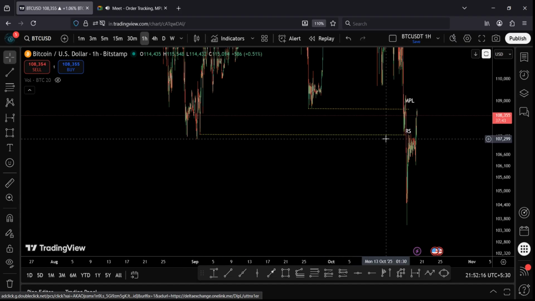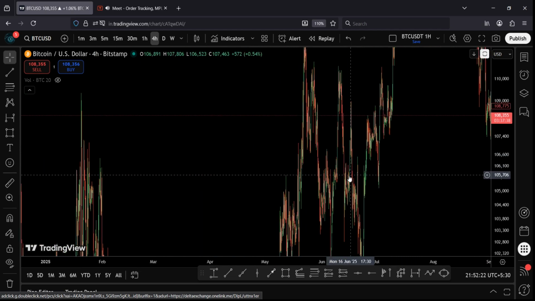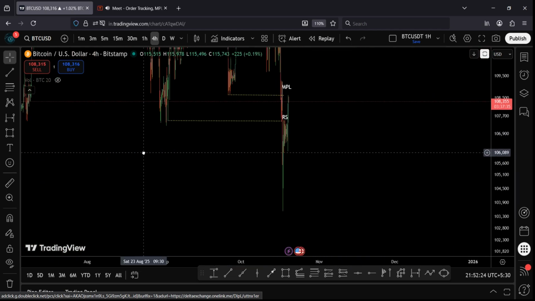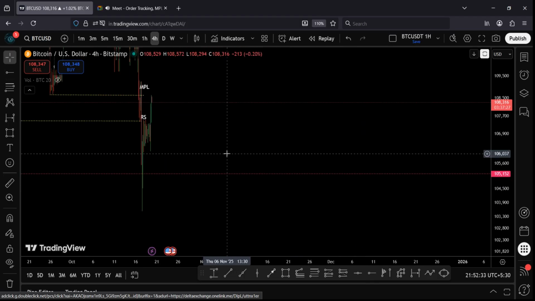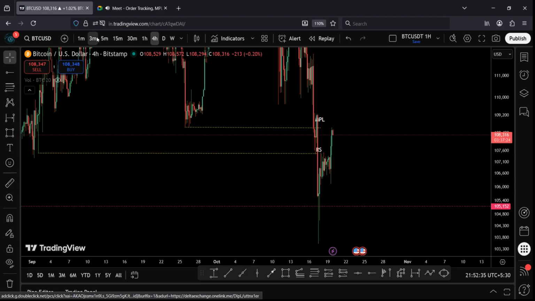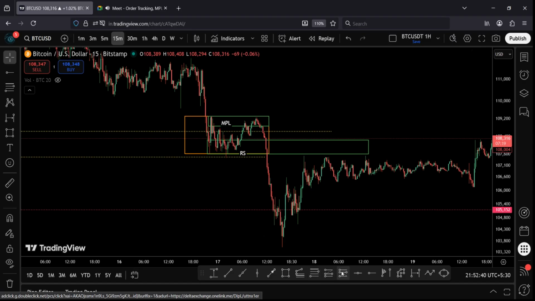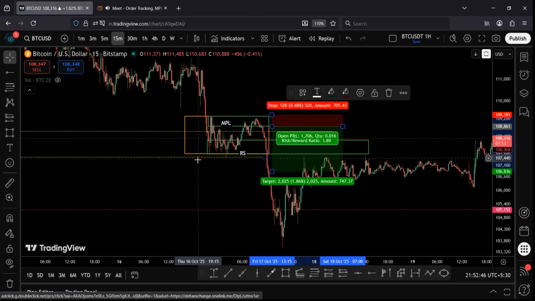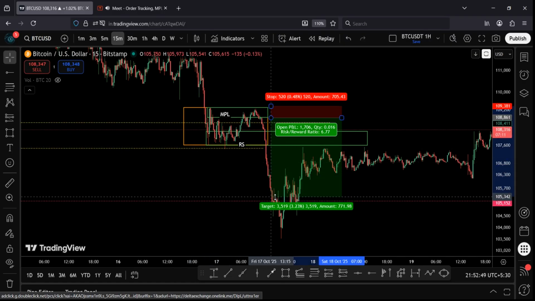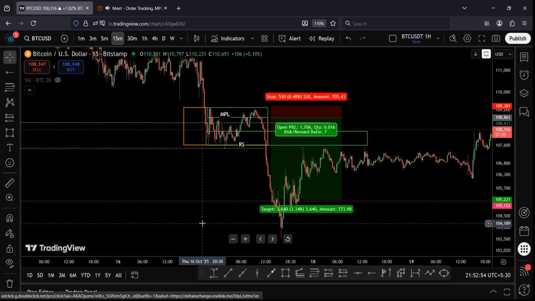This origin has already been engulfed. What we will see? We will see the next zone. Our next zone is where? Our next zone is here. So our target can be till here, right? So if someone shorted from there, entered in this zone from here, and shorting from here with this stop till here at least, is almost a 1:7 trade, right?